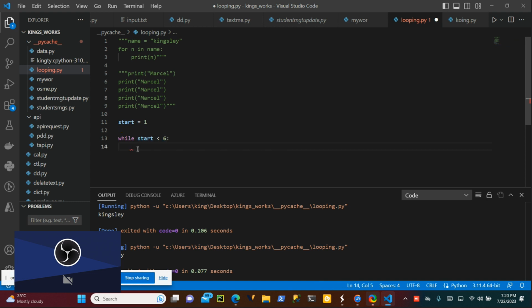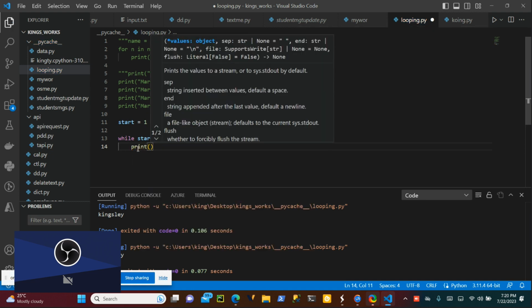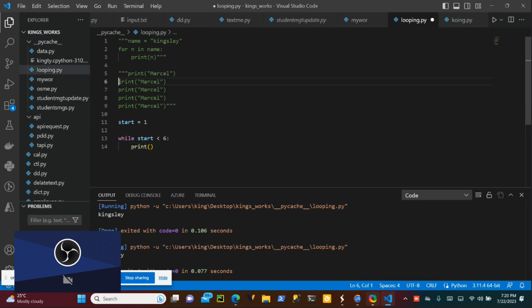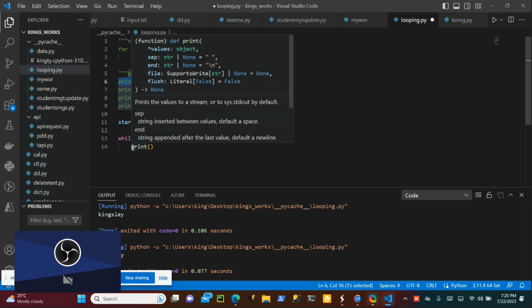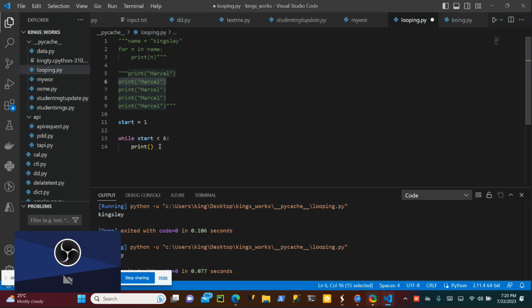Okay, so I will say print myself, or let me copy one here. Print myself. Okay, then you add increment.